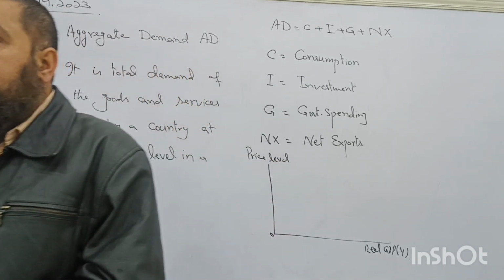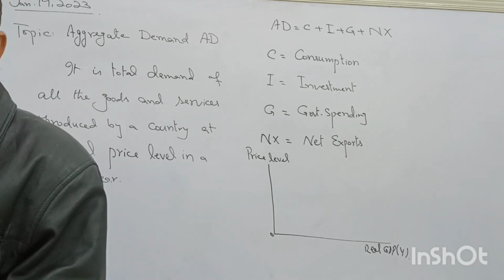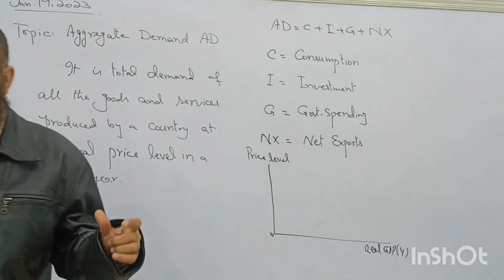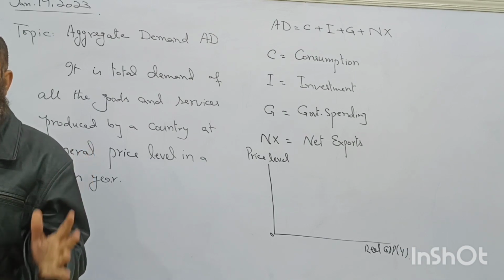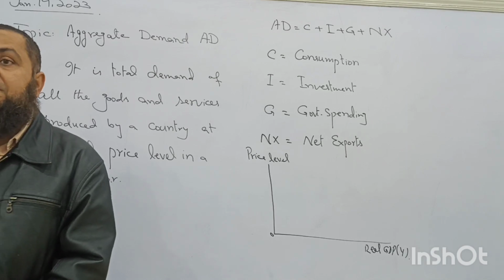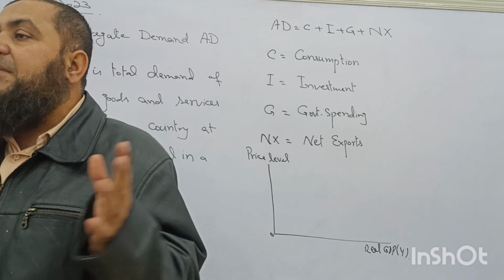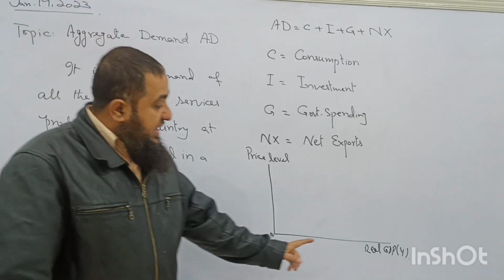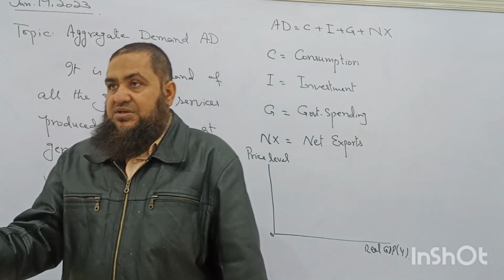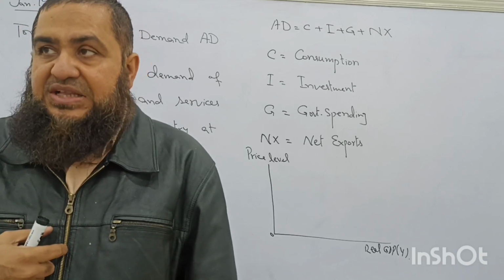Clear? I gave you some information about nominal GDP and real GDP. Do you remember, Aiza? Nominal means when GDP is measured at current year prices, that is inclusive of inflation. And when we measure GDP at base year prices, excluding the impact of inflation, we take the value of the goods and services in real terms. Not nominal GDP, we are talking about real GDP.